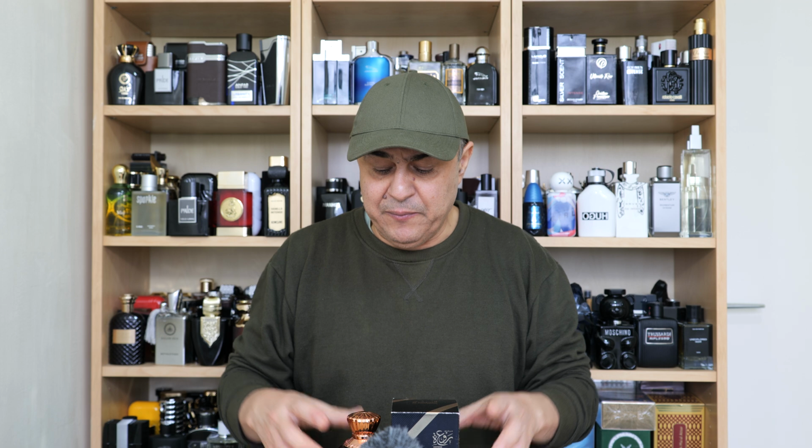So it's got a little bit of greenness to it, and that's why I think it's a chypre, because chypre usually is quite green, fresh fragrances, usually based on green and fresh notes like this. So to some extent, it is an amalgamation of chypre and gourmand. Okay,